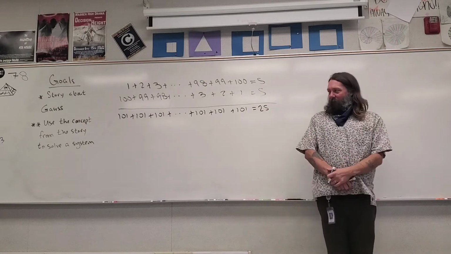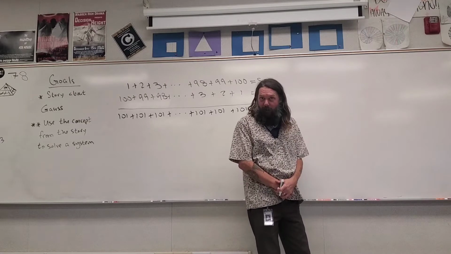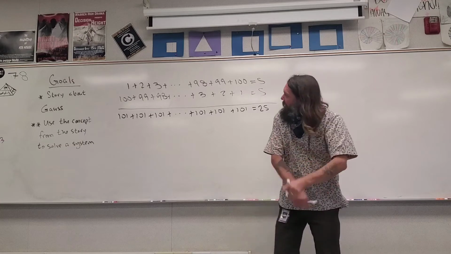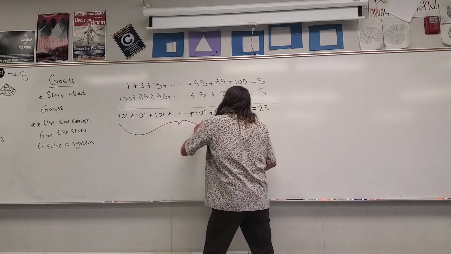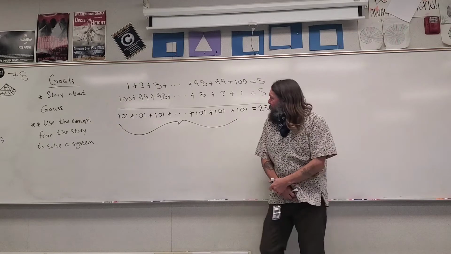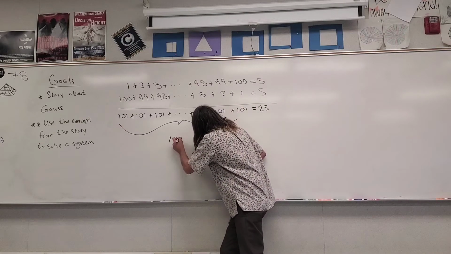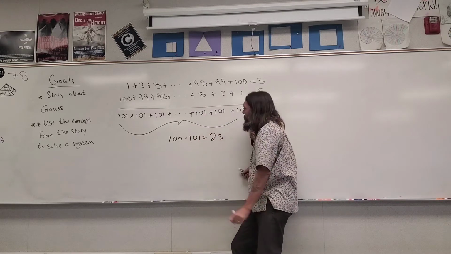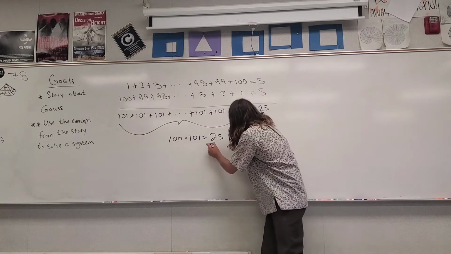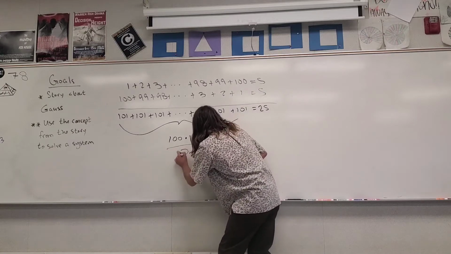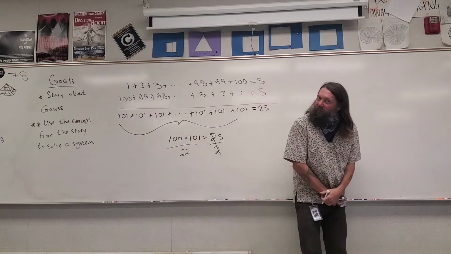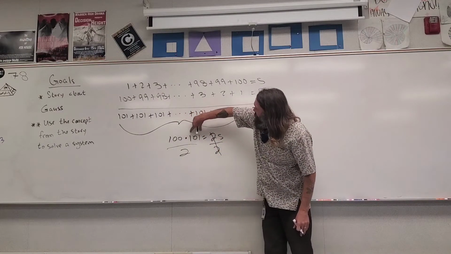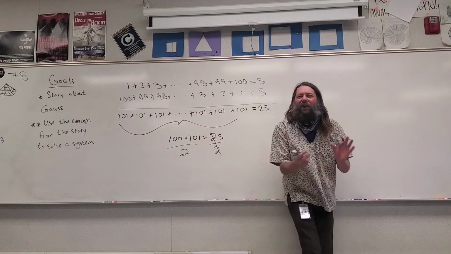This 9-year-old created a pattern. Remember, we like patterns. He created a pattern from adding numbers together. He also realized that there's 100 101s. And this is equal to twice the sum. And if we divide out the 2, we've actually calculated the sum of the first 100 numbers. It's the amount of numbers you have times 1 more divided by 2. It works for anything. 9-year-old.